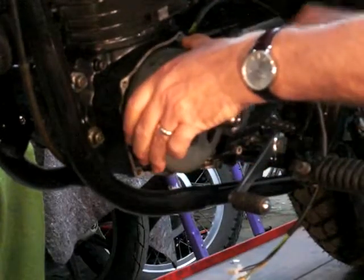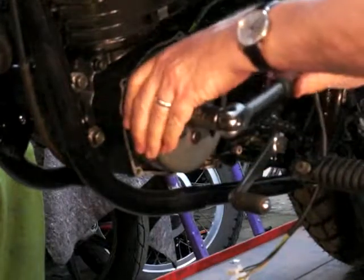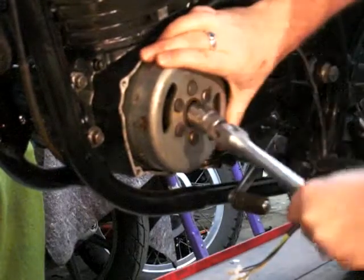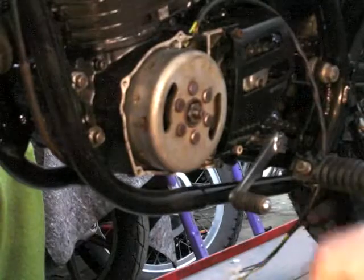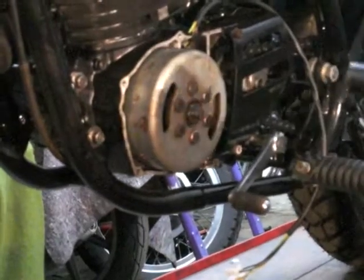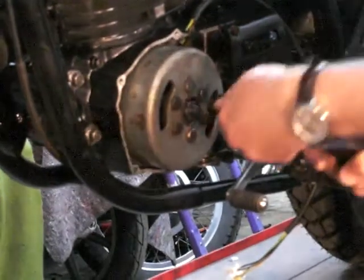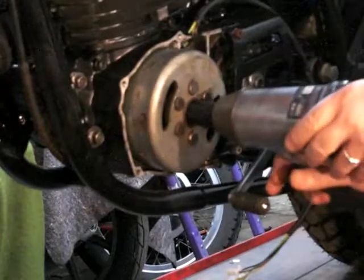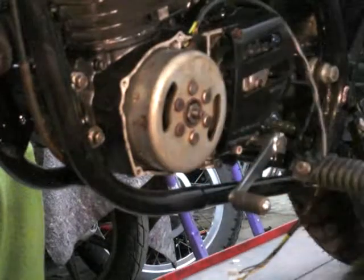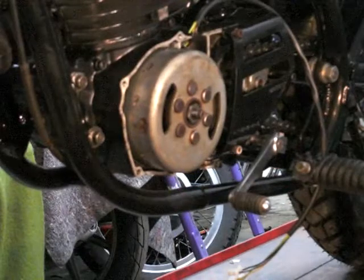So you do it as far as you can, well, I do it as far as I can by hand, and then we'll finish it off with the rattle gun. Tighten it up. It's on there good and tight now, and all I have to do is reattach